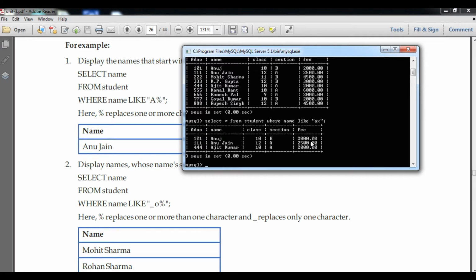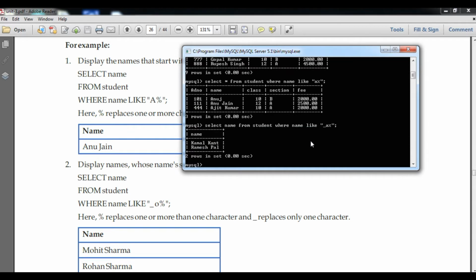Next, select star from, you can use name only also, name from student where name like "_A%". Let's see how many students have A as the second character in the name. You can see Kamal and Ramesh.